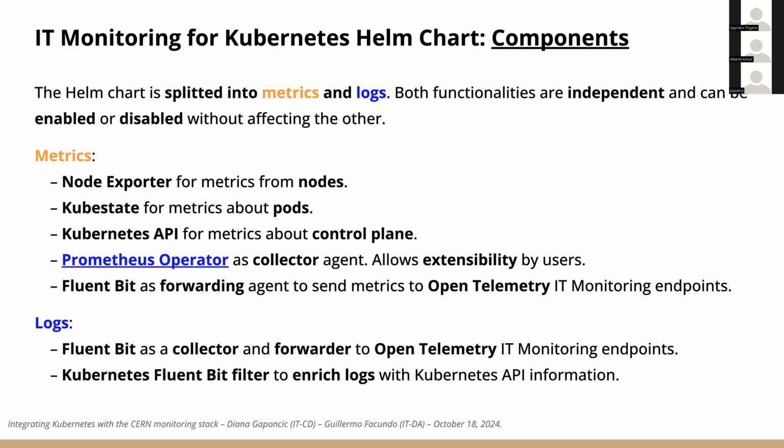In order to get all this information together, what we are using is the Prometheus operator. The Prometheus operator is our collector agent, and we say basically collect metrics for all these components. But this also allows extensibility because the Prometheus operator is listening for any custom resource definition for any Kubernetes object that the user declares, like, for example, a ServiceMonitor or PodMonitor that indicates, hey, Prometheus, go every 5 seconds, every 10 seconds to this service, to the pods that match this expression,